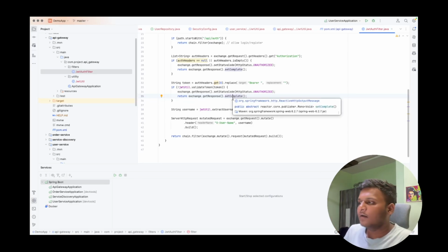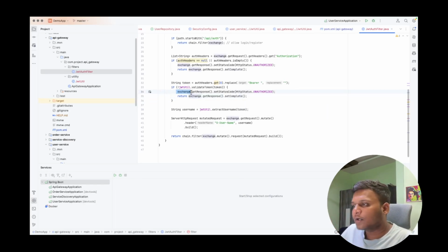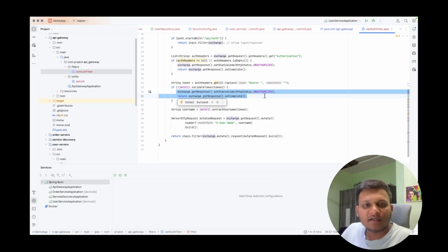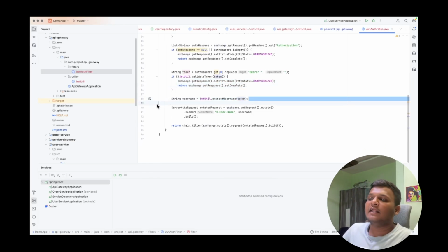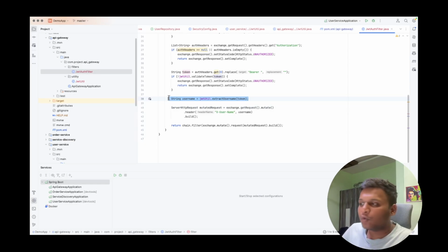After the login, we get the JWT token, and that JWT token we send in the client's request in the authorization header as bearer plus the JWT token. It will be validated here, and if it is not validated, we send unauthorized in the response. If it is validated, then we extract the username from that token,